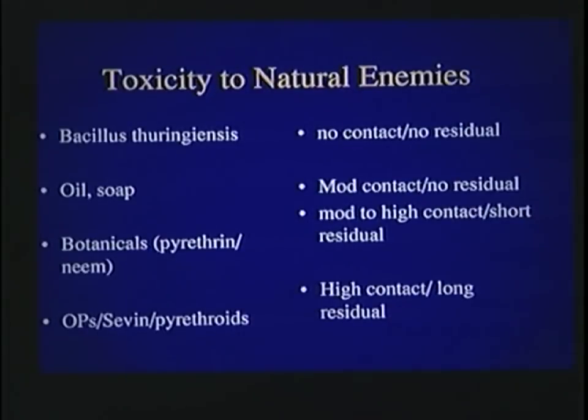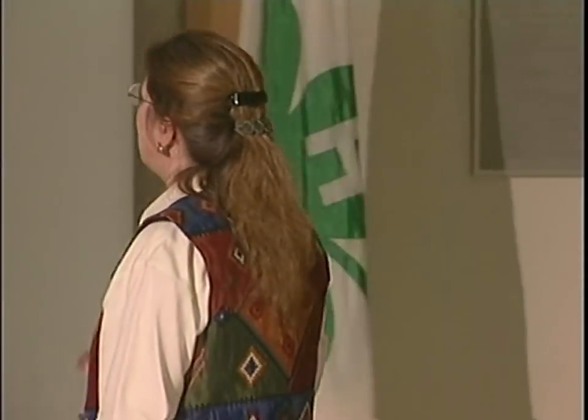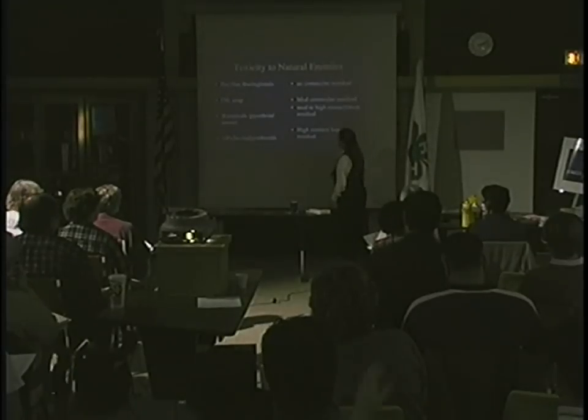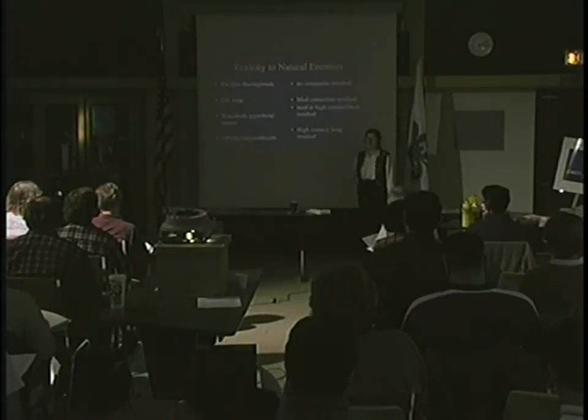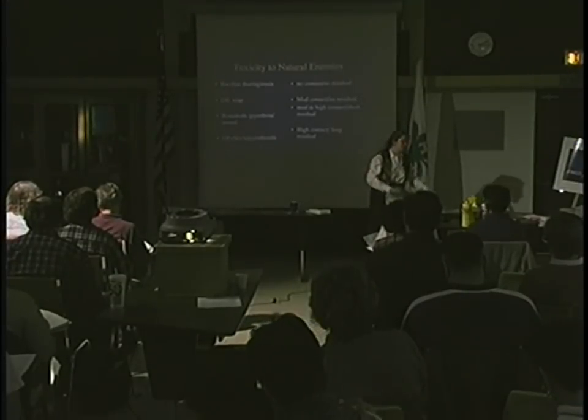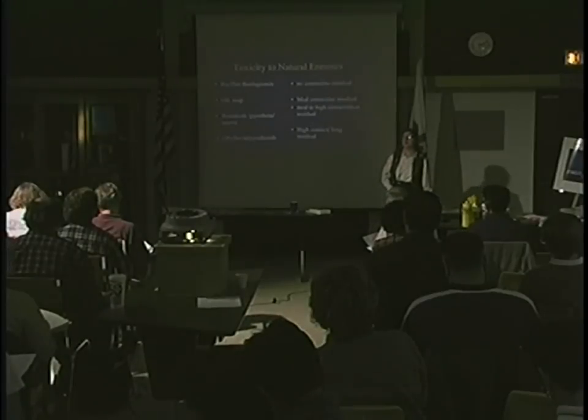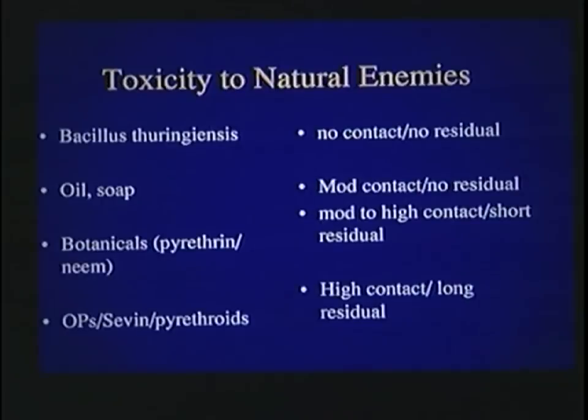Neem is another botanical that has become more recently available on the market. Again, that's broadly toxic but breaks down fairly rapidly. The pesticides that really aren't compatible with natural enemies are the organophosphates, like diazinon, Dursban, malathion, and Orthene or acephate. Also Sevin, which is a carbamate, and the